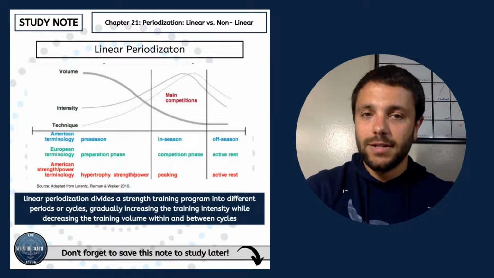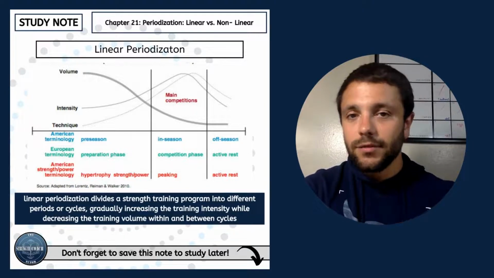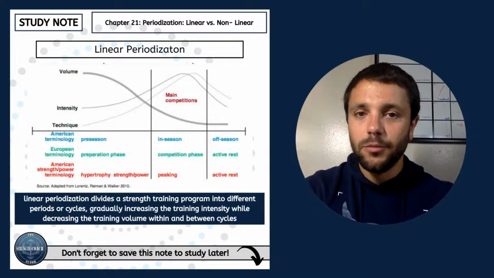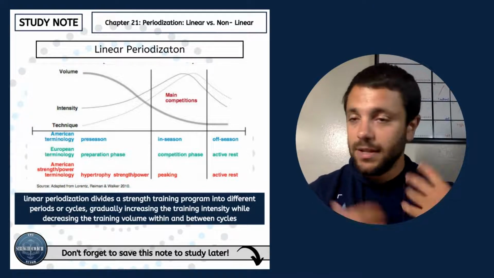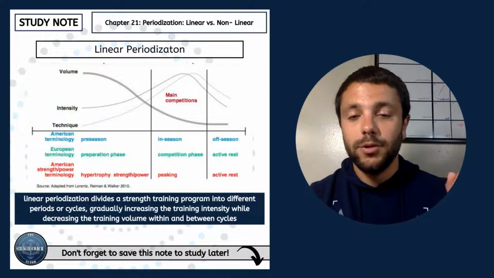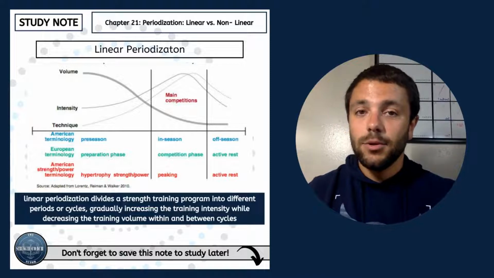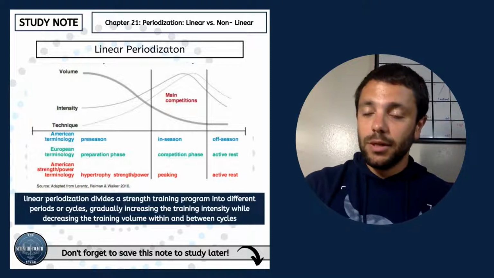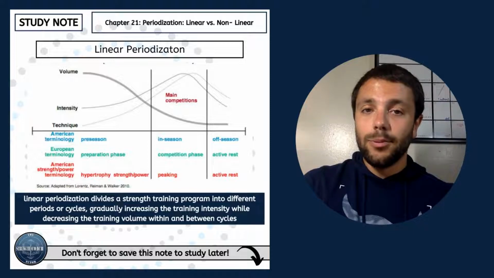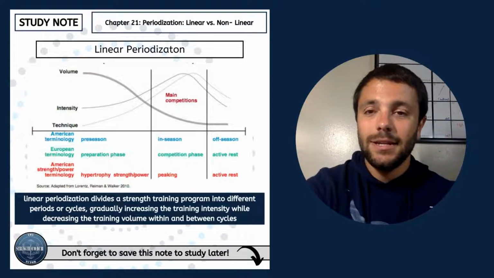And then lastly, immediately after our last game of the in-season, we are going into our postseason or active rest. This is where we are doing nothing related to our sport. We are not spending any time in the weight room, but we're still staying active. So again, let's just say we are a basketball player. We could be swimming, cycling, playing golf, maybe playing tennis. We're doing something that's still allowing us to be active, but we are not participating in a sport, and we are not spending time in the weight room.